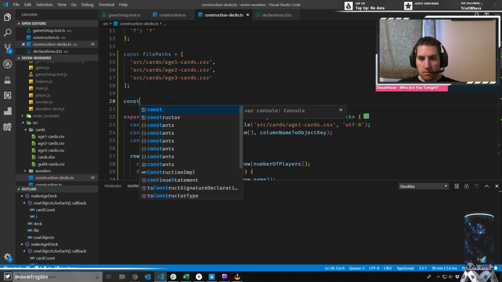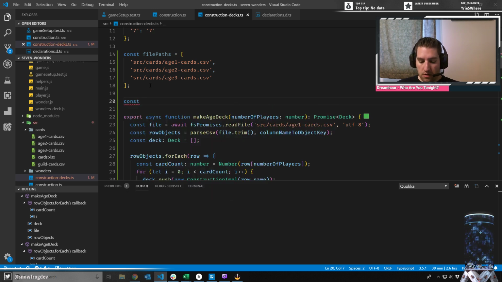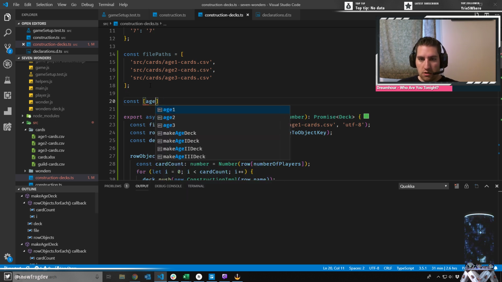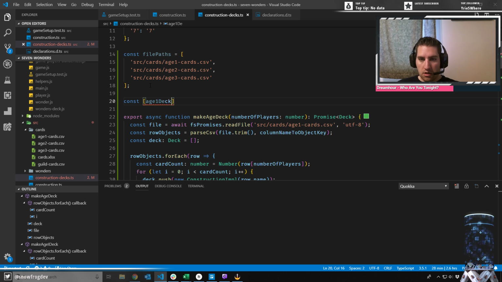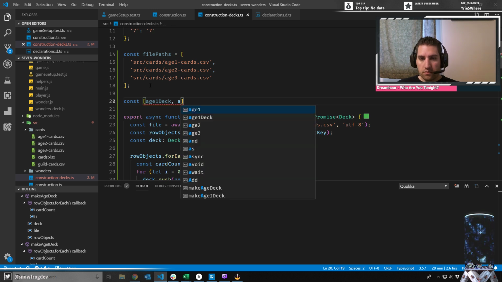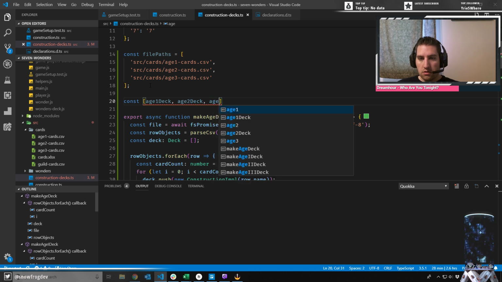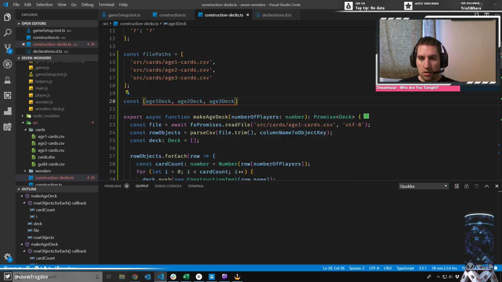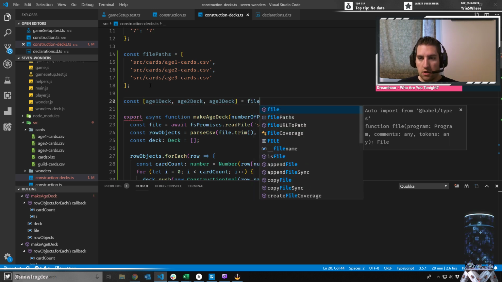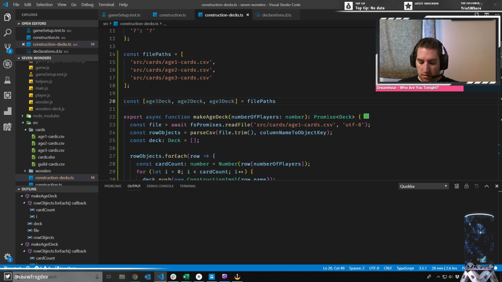Then I could do const, check it out, H1 deck, H2 deck, H3 deck. Let's call this H1 deck. Is equal to, this is where file path dot map,